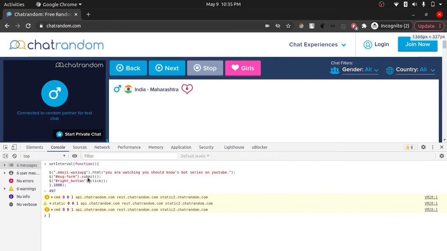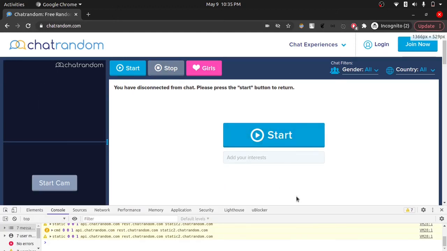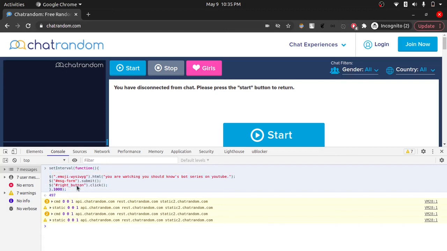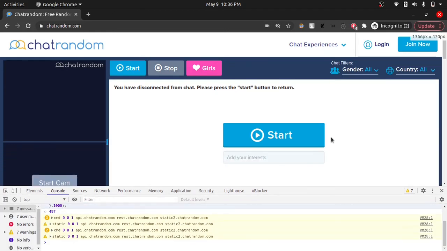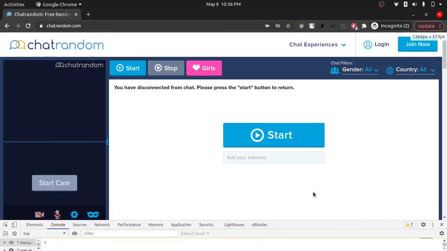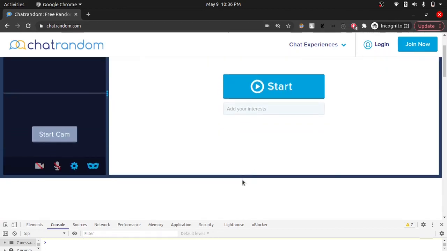So this was the fairly simple, but please make sure that you not spam people. If you start spamming people, like if you put a real low number here, see 1000 means 1 second, right? So you have to make sure that you're putting at least 4 or 5 so that you are sending a message on every 4th or 5th second, because if you want to do that, then the chat random will ask you to verify the reCAPTCHA.